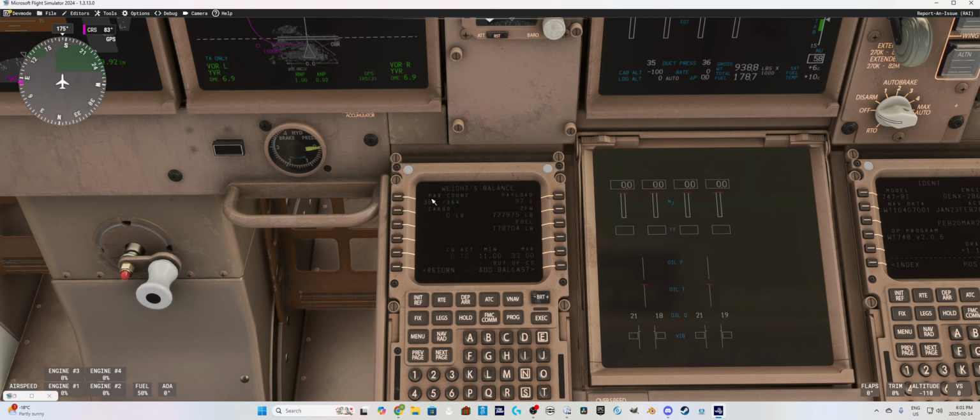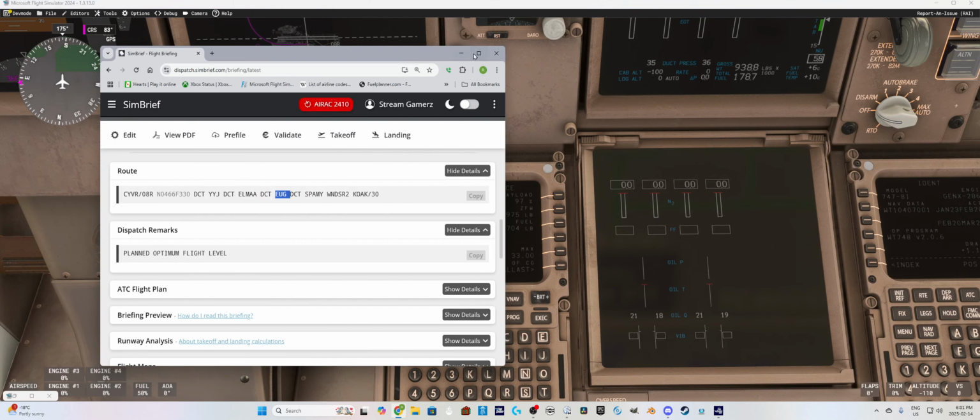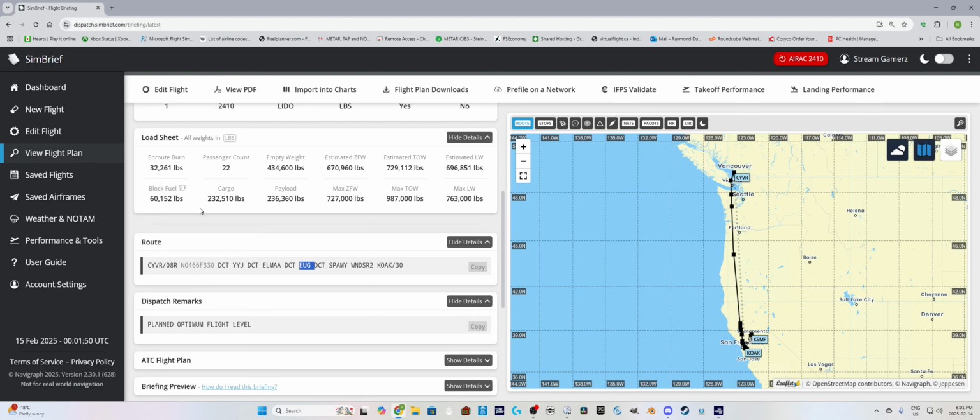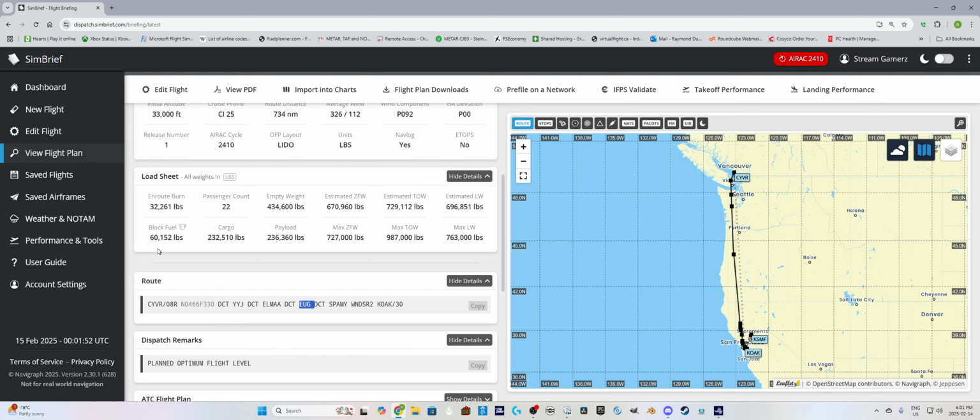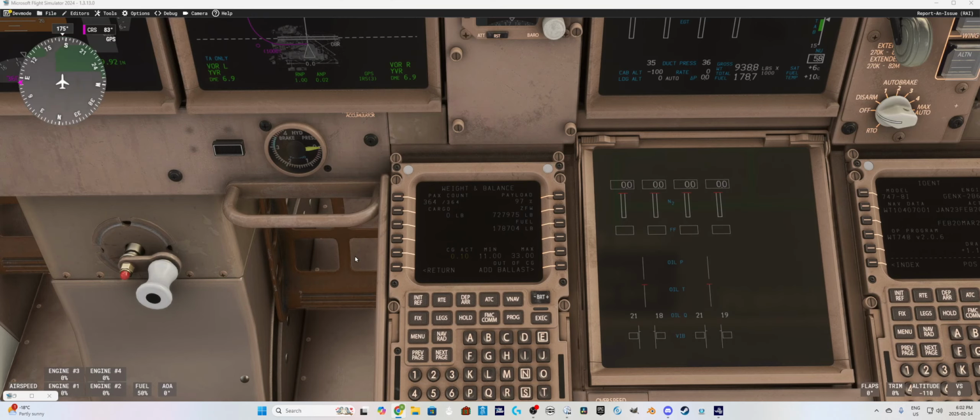Now, in here is the fuel. If we look here again, we see that our fuel is 60,152. We know our estimated zero fuel weight is 679,960, and we are in our cargo 747, so we're carrying 232,512 pounds. So what we do is we go here. We're also having 22 passengers, so we go 22 passengers. Our cargo is